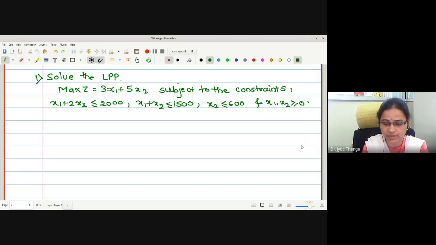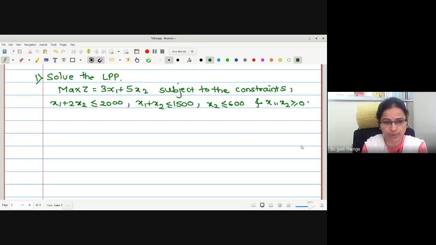Every point on the line will satisfy the equation of the line. If the inequality constraint corresponding to the line is less than or equal, then the region below the line will be considered. And if the inequality constraint is greater than or equal type, then the region above the line will be considered. Then we want to find out the common region satisfied by all the constraints imposed on the linear programming problem.